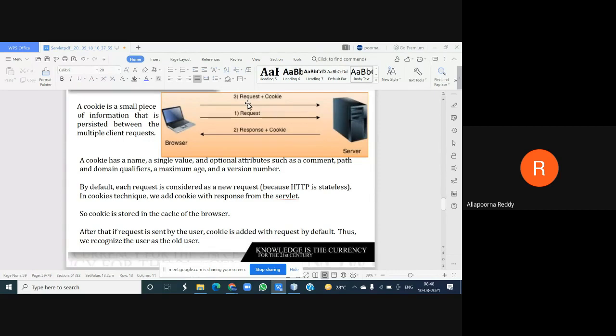Immediately, the server will respond, and that response is also loaded with cookies, because every time the request can come at different time intervals. The response will come in the form of cookies. Like this, the accessing is going to be done.